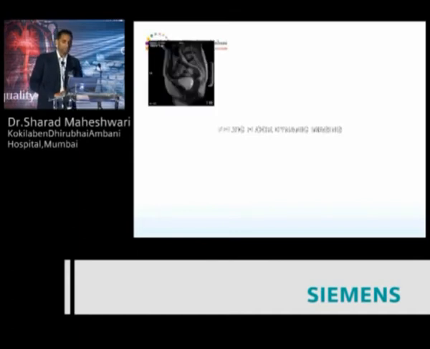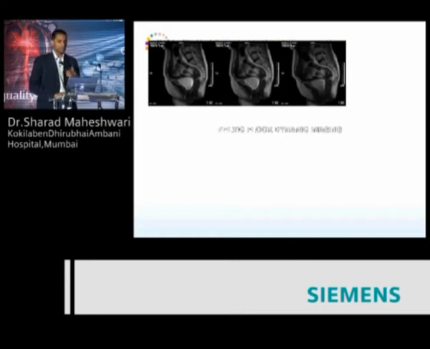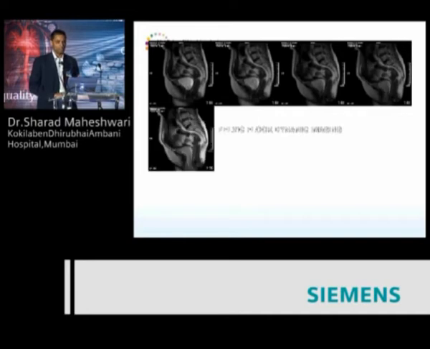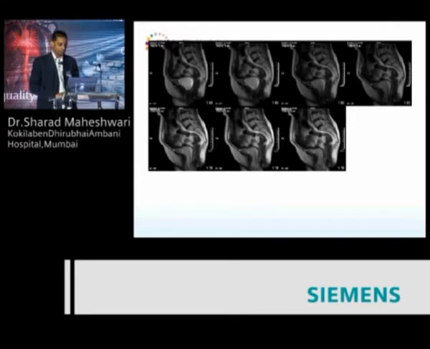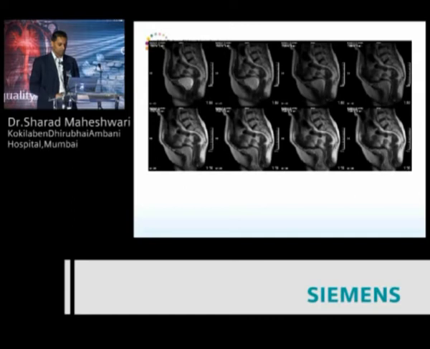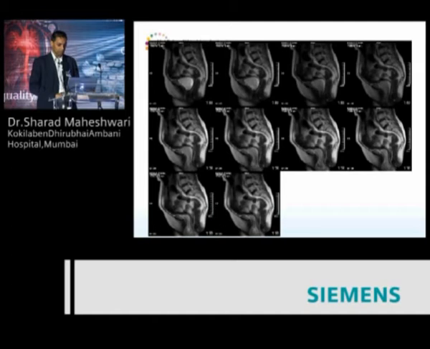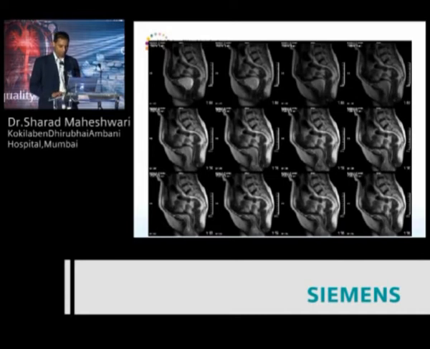Pelvic floor dynamic imaging: easiest is to do it with HASTE. Use a single slice, you can make it 10 mm, and just add 30 or 40 measurements to it and start the sequence. During the sequence the patient applies stress, and you go through the images, bladder. As the patient is straining, you can see there's a cystocele, the bladder coming out. The same thing, go on cine and it looks very nice.